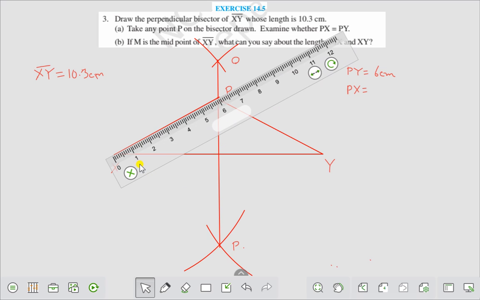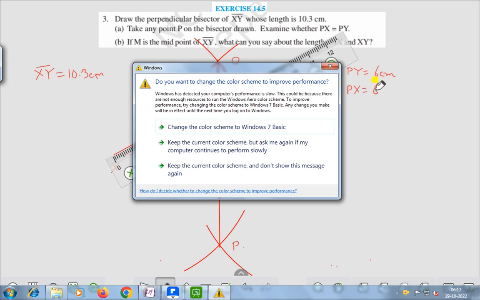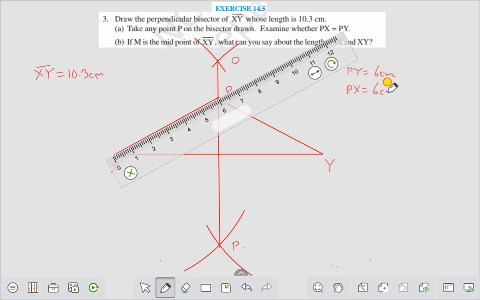Here also you see the length of this PX is also 6 centimeter, right? The length of all this PX is also 6 centimeter, right? It is also 6 centimeter. Therefore, PY is equal to PX. Therefore, you can say we examine whether PX is equal to PY. Yes,